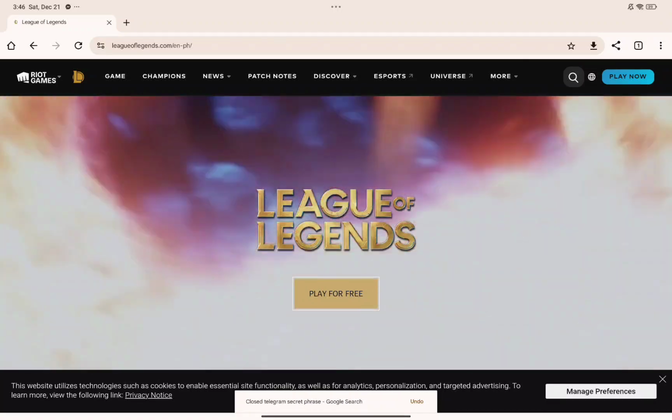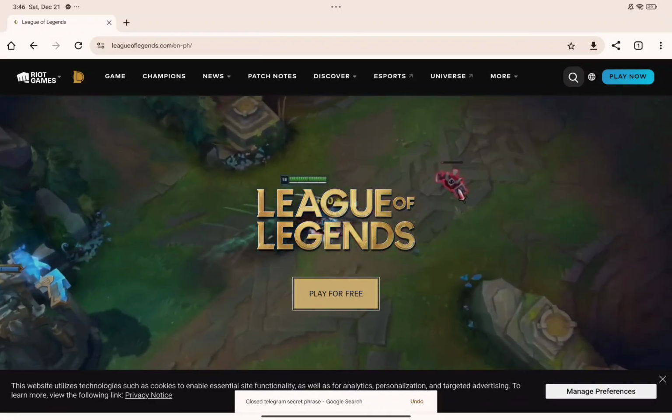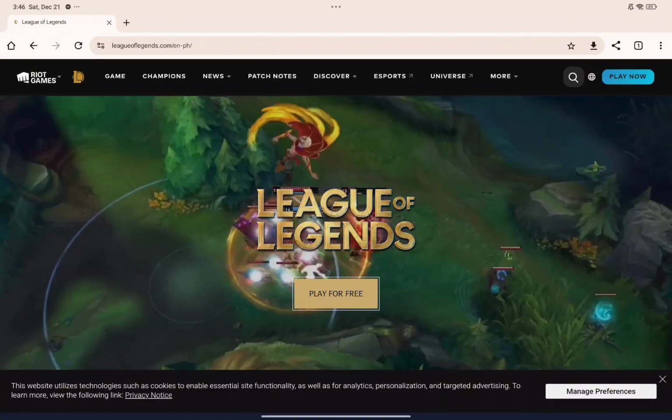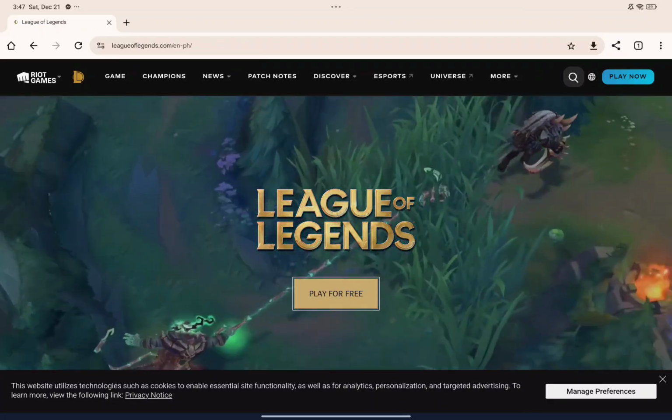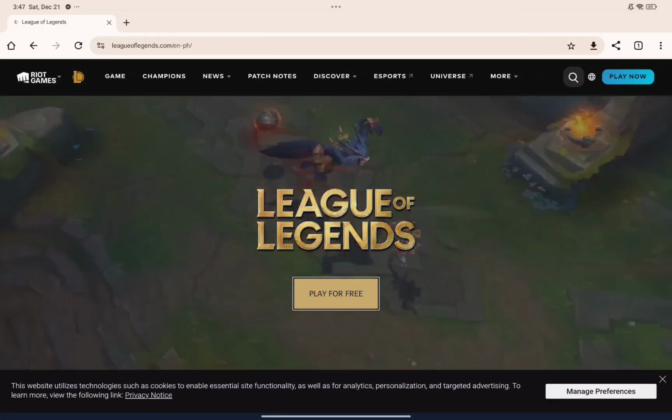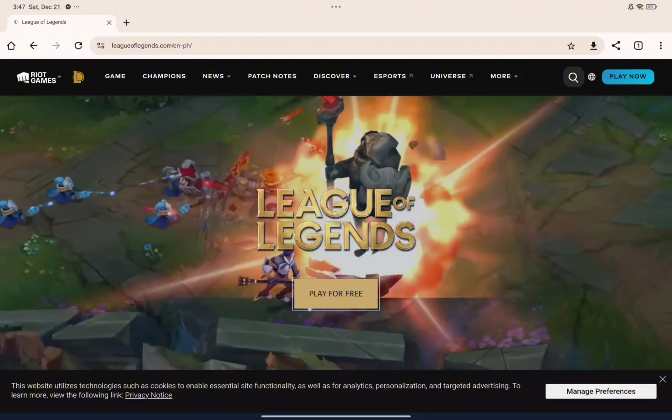How to change League of Legends font to Korean. To get started, go ahead and open LOL on your device. So you can do this both on their website or the LOL client or the Riot client on your PC